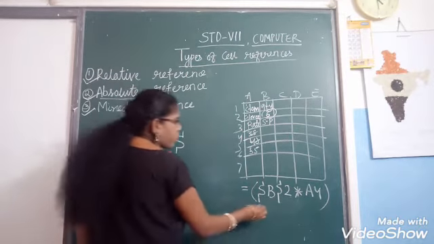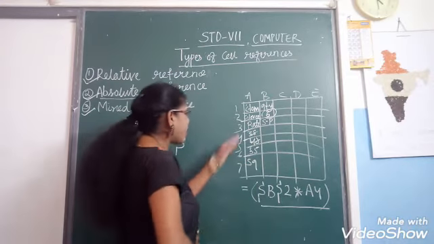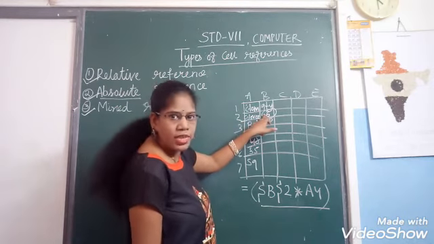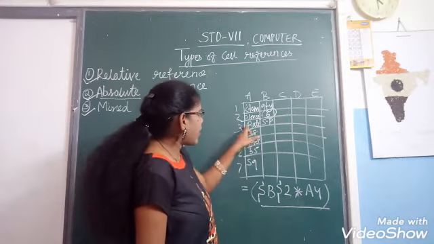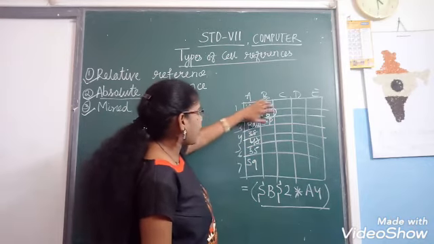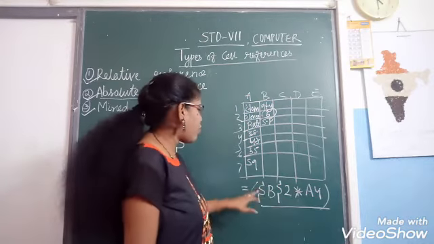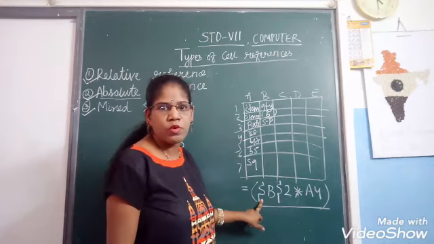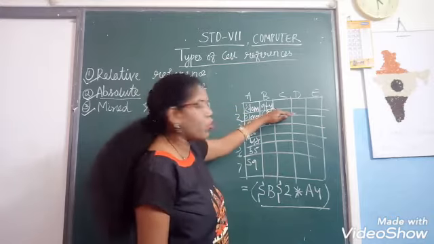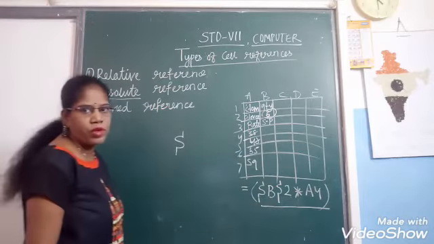Got it? See. Now we want the answer. We want the selling price. Maybe here 59. These rates are given. There is an item of Timex gloves. And how many quantities are there? 6 quantities. So the rates are given. We want the selling price. So what are we doing? We want this item and the quantity to remain the same, both row and column. That's why we are putting the dollar symbol. So where the column and the row remain constant, that is known as absolute reference.